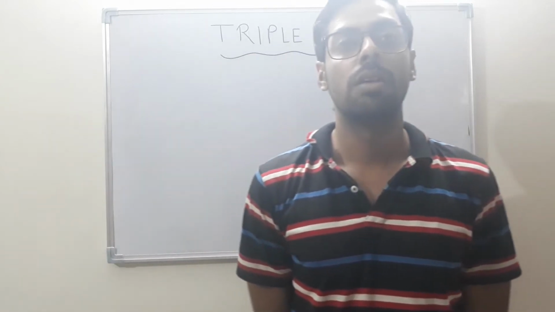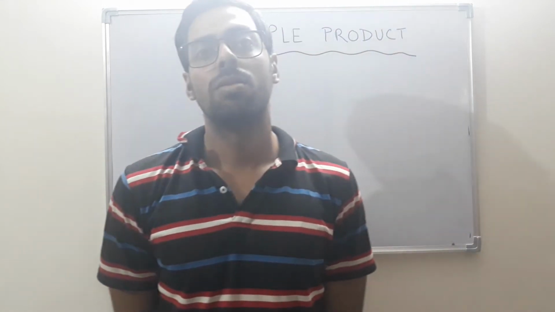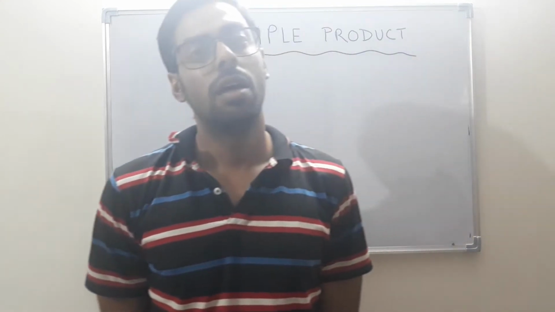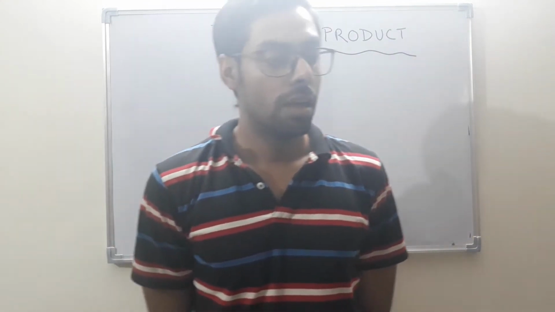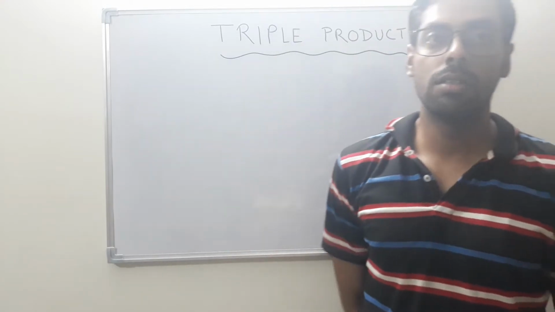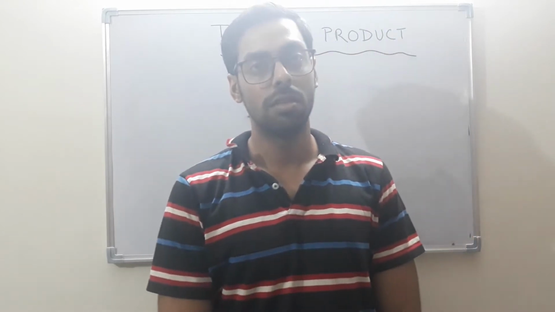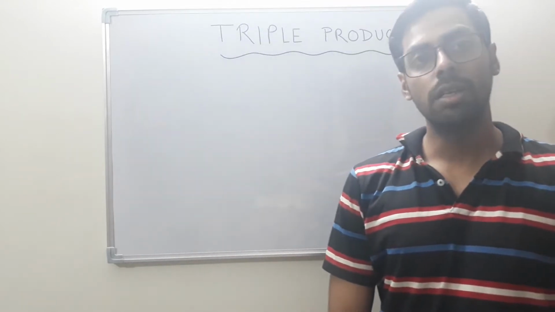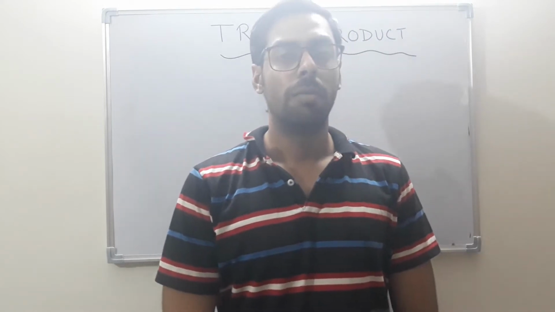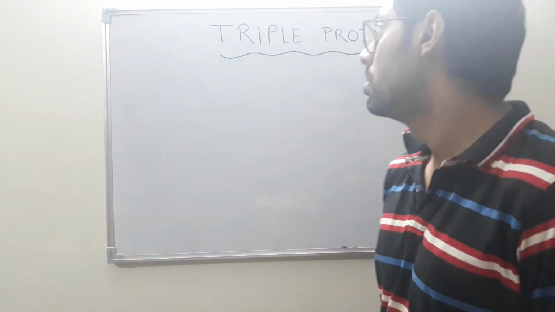How can we resolve a vector into two rectangular components? And then its representation in 2D Cartesian coordinates and 3D Cartesian coordinates as well. Now I will discuss the triple product of vector quantities. It involves a vector multiplication of three vector quantities. By using a combination of dot product and cross product, we can multiply three vectors. I will discuss these things now.